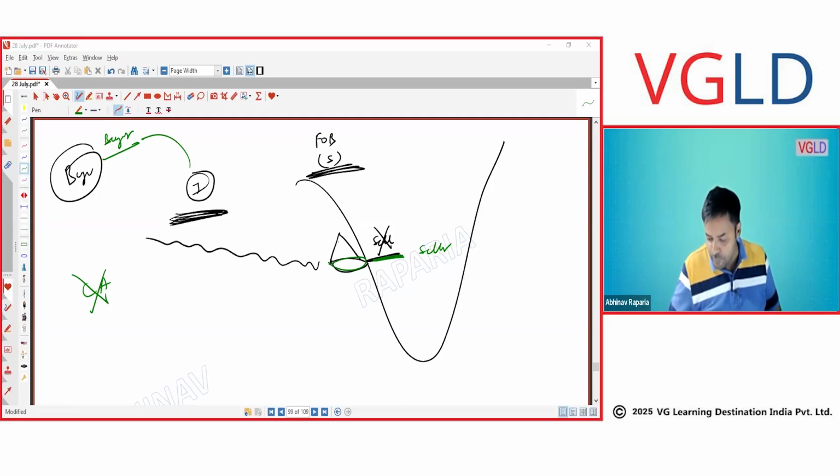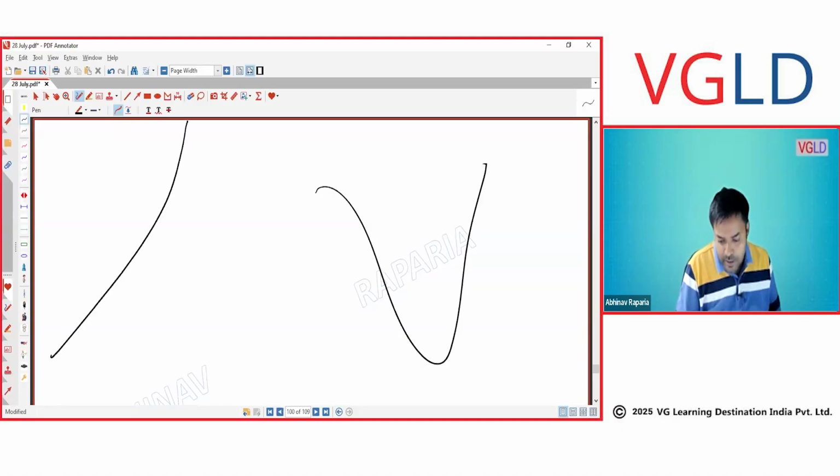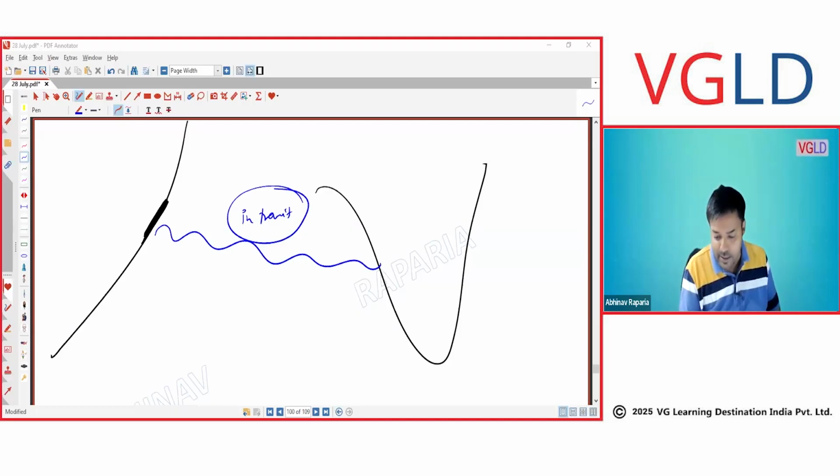But if it is FOB destination, then it is your responsibility to make sure that this reaches the destination of the person. So anything that happens in transit, who would be responsible for that? Seller or buyer? Seller, as it is FOB destination. So it is the seller's duty to make sure it reaches here. So in this case, it is the seller's duty.